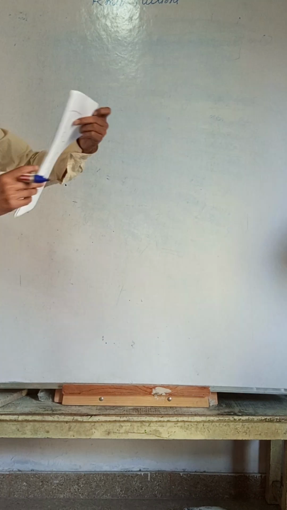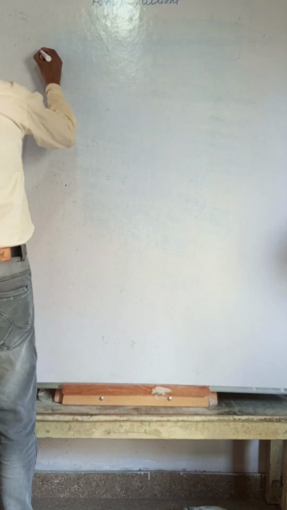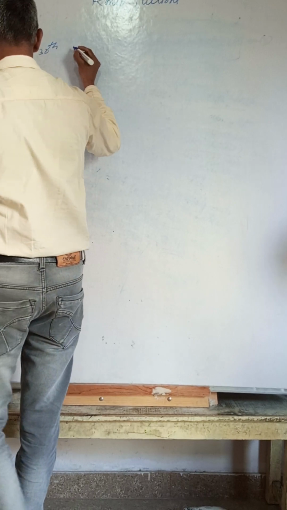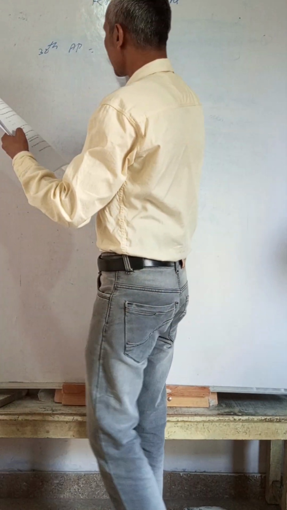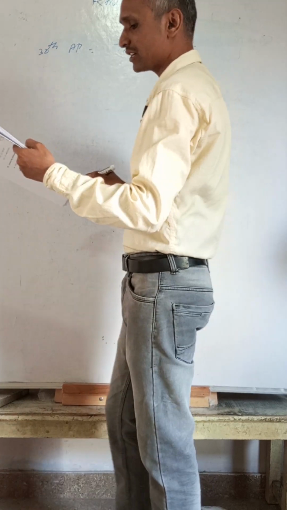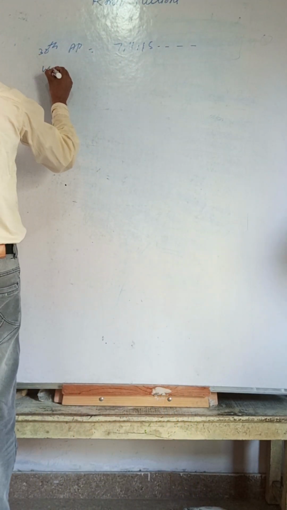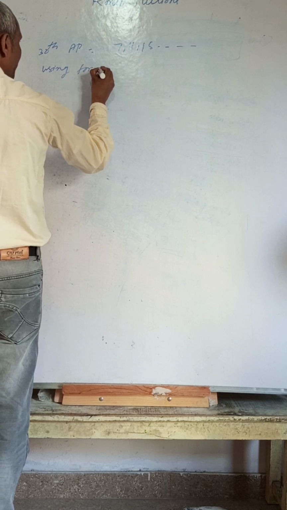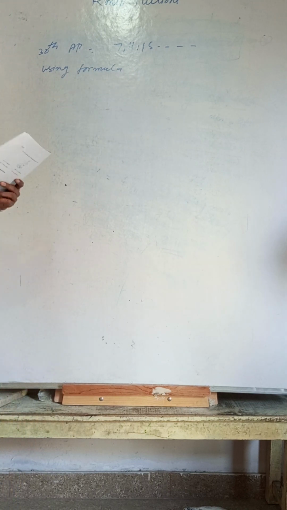Question number 18: find the 30th term of the arithmetic progression (AP) 7, 11, 15, and so on, to infinity. Using the formula, you find the 30th term. To find the 30th term, first of all we have to know the